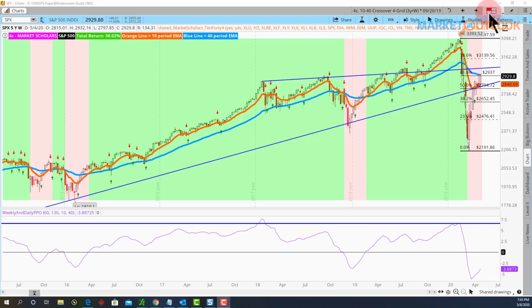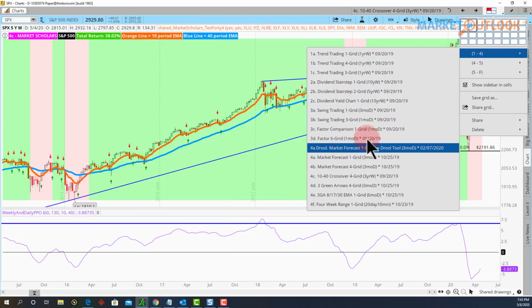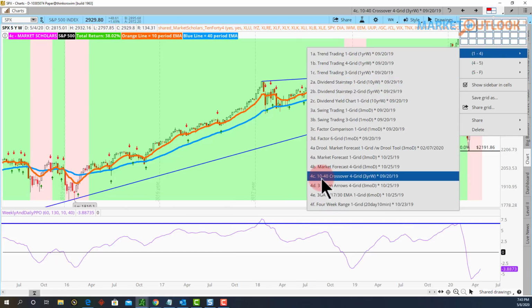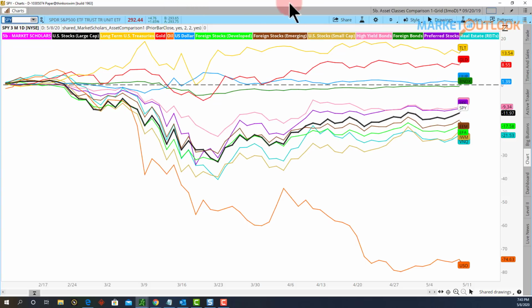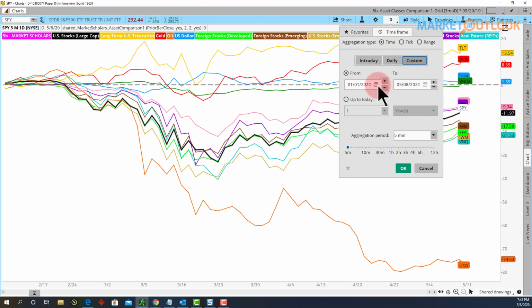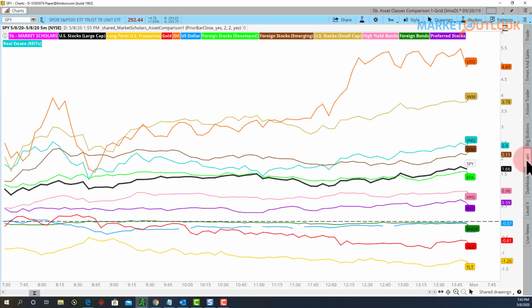All right, let's go ahead now and take a look at what's driving this price action. A really important consideration that we saw here today really stands out. Let me pull up the asset class comparison chart. Today, for the first time in a while, let's just go to May 8th, and then we'll look at just today's chart alone. For the first time in a while, small cap stocks way outperformed the S&P 500. International stocks, for that matter, also, a little bit of a drift late by EFA, but EEM outpacing SPY as well. Gold and bonds were down, and then value stocks. You don't see that here, but value stocks outpaced